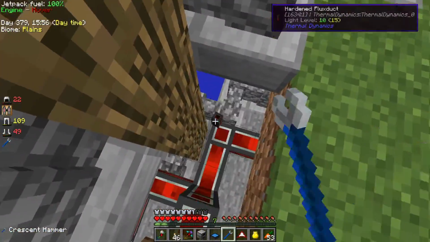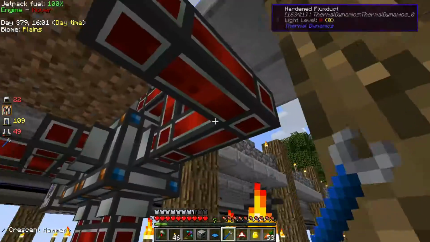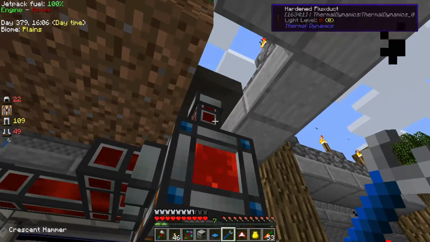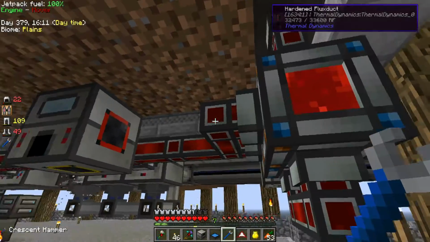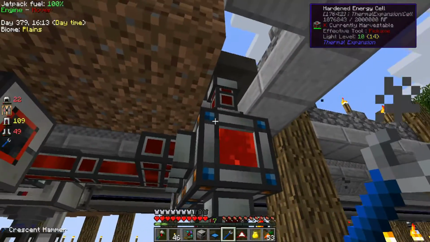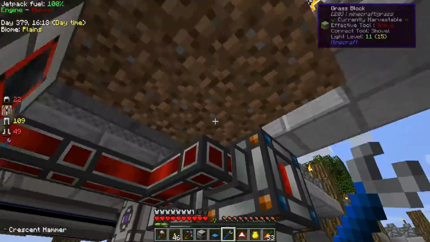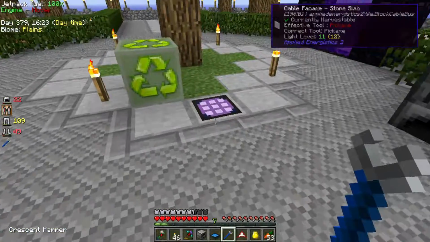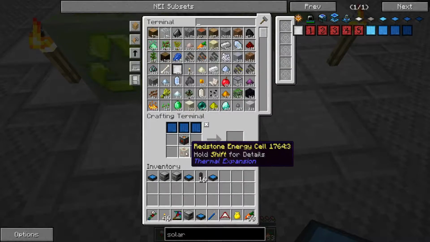tier 4 energy cells up, and we're going to pick up all of these redstone conduits, or hardened conduits as well. So we're going to need to make some redstone energy cable, or flux ducts, and some redstone energy cells for down here. So I think I'm going to get another one of these going here, and I suppose what